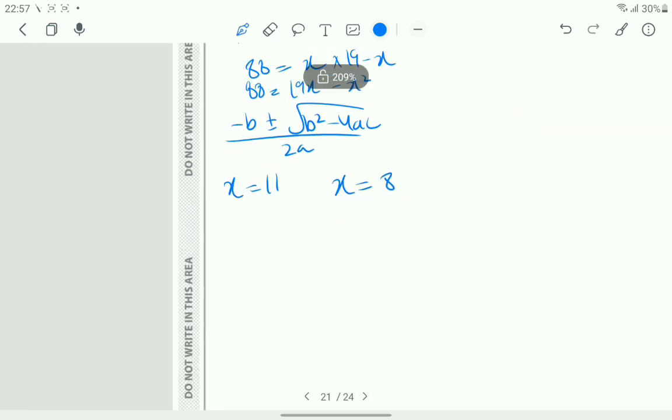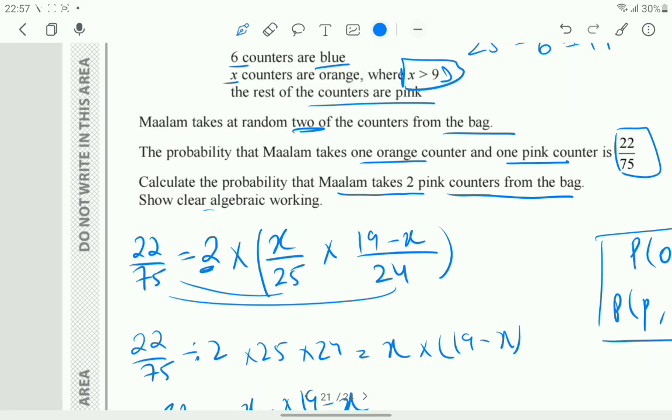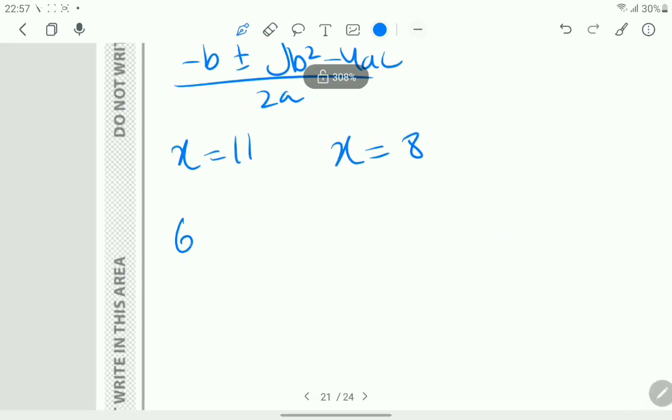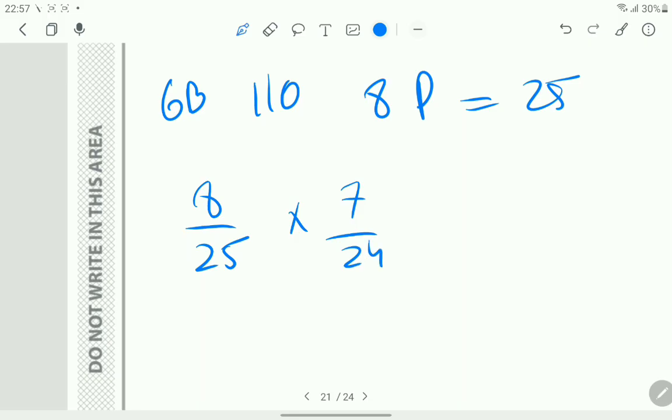Now that we are clear there are 11 counters in the bag, the question's main requirement is to calculate the probability that Malam takes two pink counters from the bag. So if there are 6 blue counters and 11 orange counters out of 25, and there are 25 total counters, so it would give us how many pink counters? 25 minus 17. We have 8 pink counters, and the probability that she picks 8 pink counters is 8 over 25 times 7 over 24, because again, first of all,